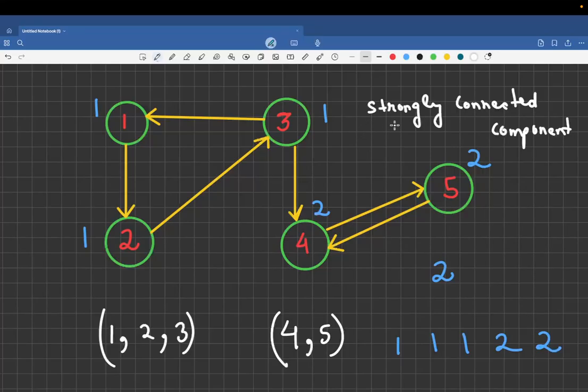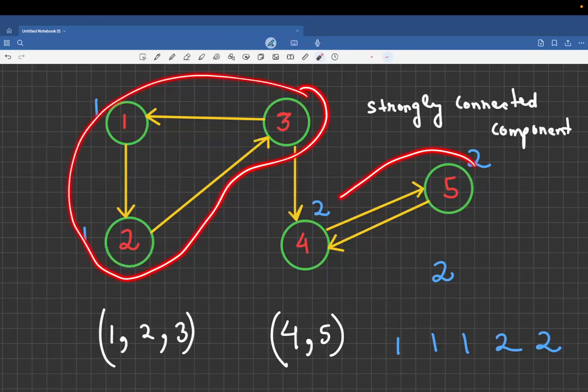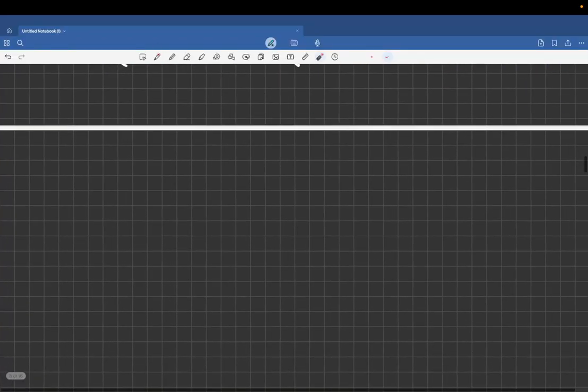Cool. So I hope you guys now know what a strongly connected component is. After that, you can see this particular solution. Over here, what I'm talking about is strongly connected components, right? So this is one strongly connected component that I have, and this is the other strongly connected component that I have. So if you know how we get strongly connected components, you also know that we are able